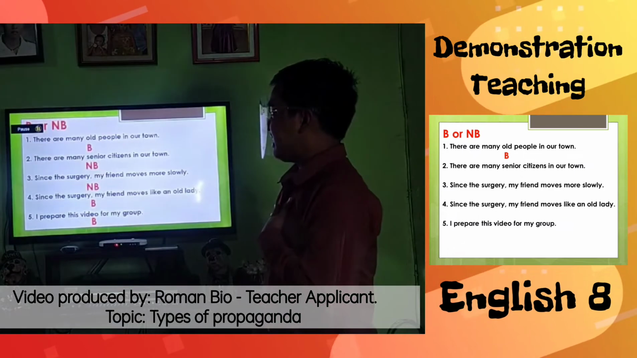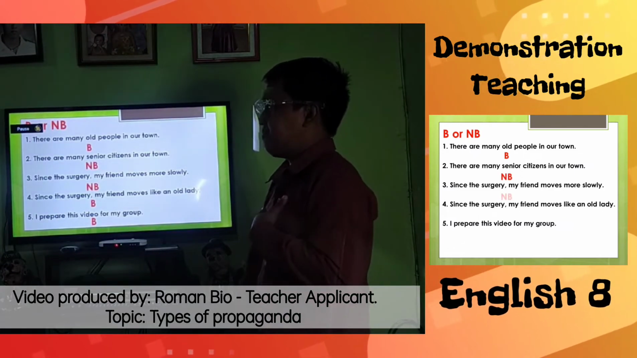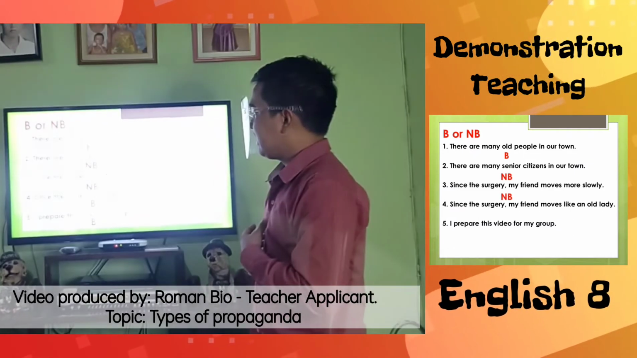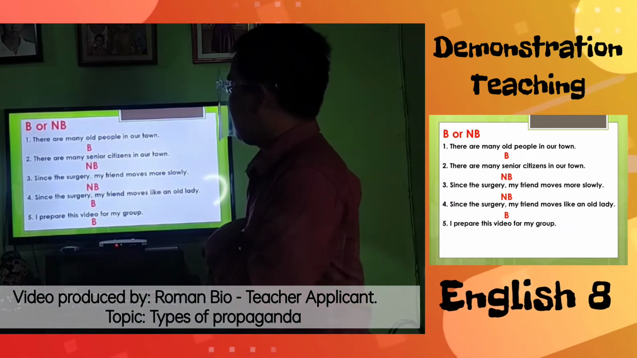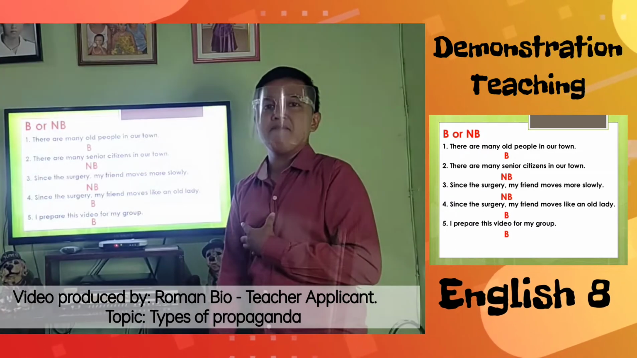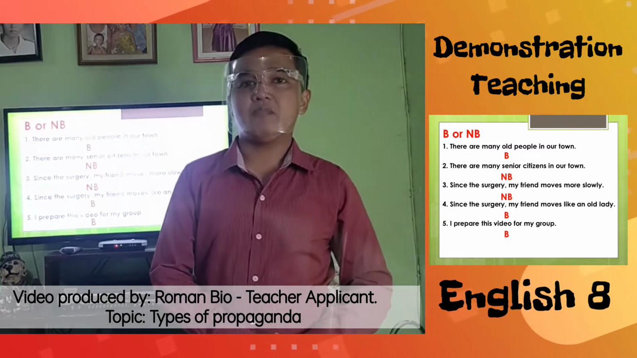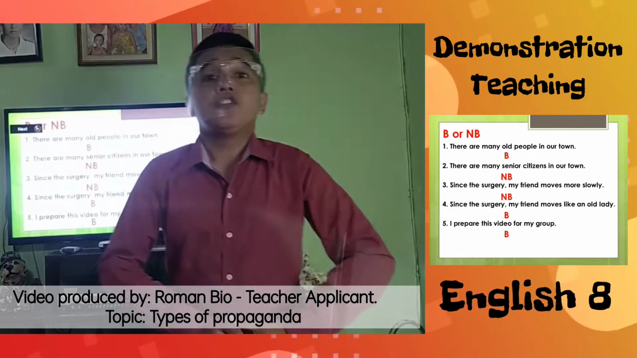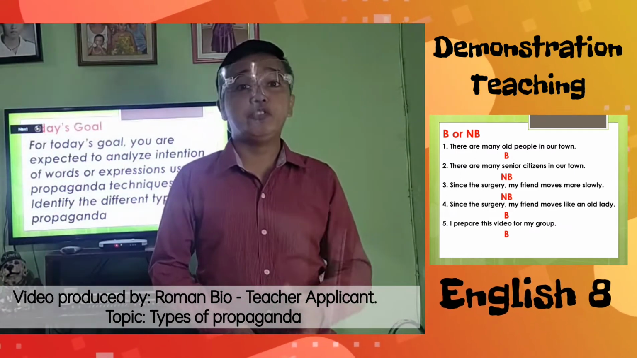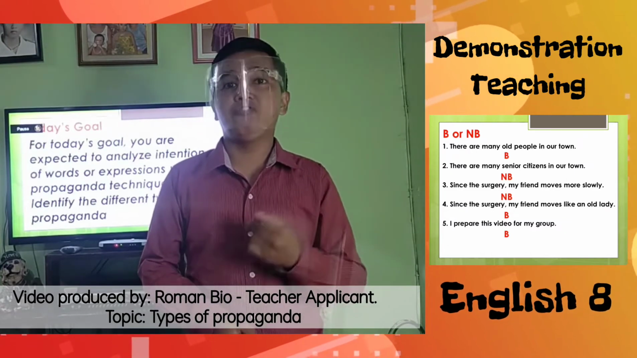Number 1 for B, for bias. Number 2, non-bias. Number 3, non-bias. Number 4, bias. And number 5, bias. So very good, class. Okay, so for today's lesson, we will do more drills and activities to fully understand the